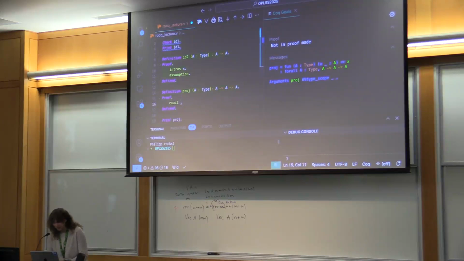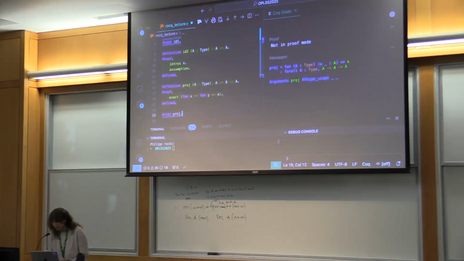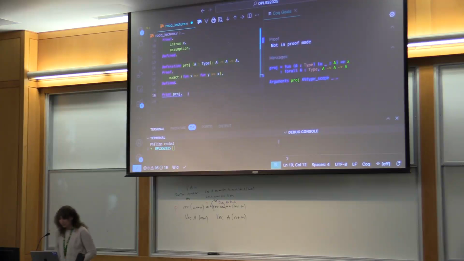So I can also show you this. Here I can write exact, and then fun X, fun Y, X, and it should be the same definition here. So you can use intros, you can use exact, but usually you would want to use the tactics. Okay, now